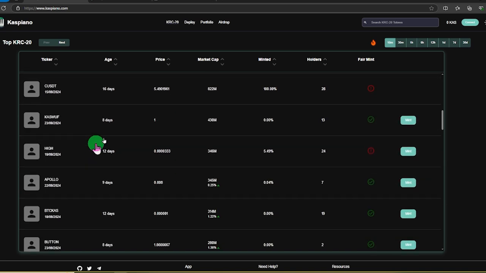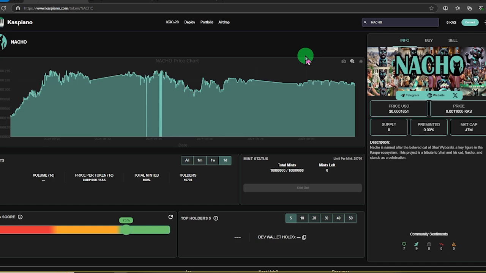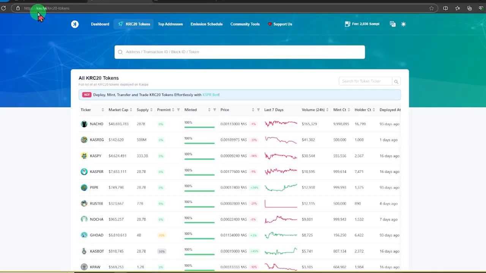And you can even go to the top right hand of the screen and search for whatever it is that you would like of a Kaspa KRC. So the second option, let's say Nacho, this is a KRC Kaspa 20 token. It's actually quite popular. The next website is KAS or cas.fyi, and instead of clicking dashboard, you can click on